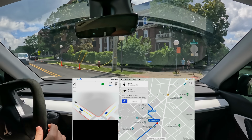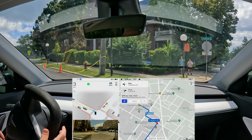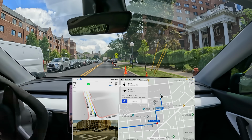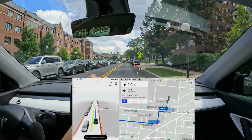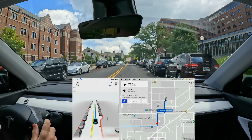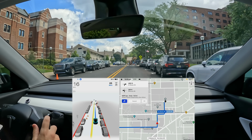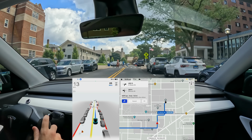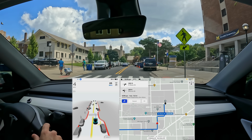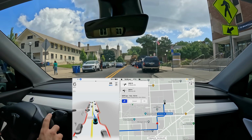Oh, a hard stop there. So that was bad. It's getting confused by, I'm not sure, these cones or what. People are looking at me. I just laughed at them as I had my hand near the wheel. So I pressed the accelerator there, so there's another intervention and a report. So that was not very good. I'm not sure what was tripping up the car there. I can't look at the screen while I'm watching the surroundings there, but nice job stopping for those